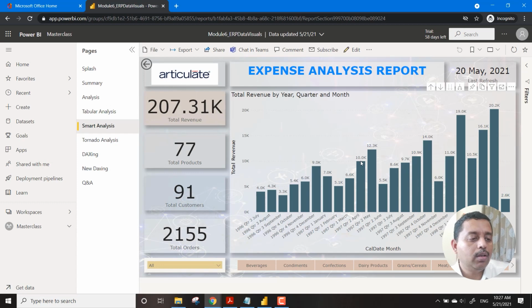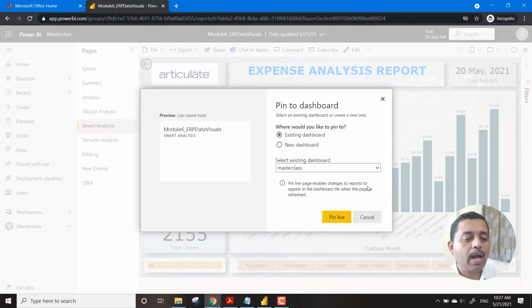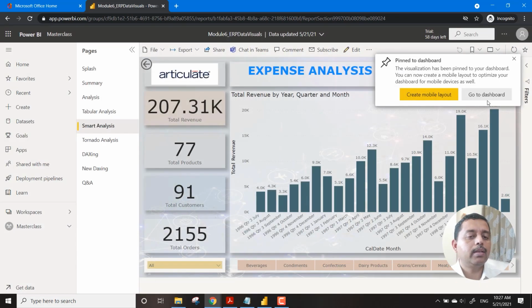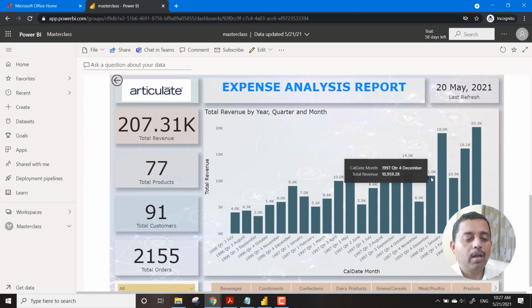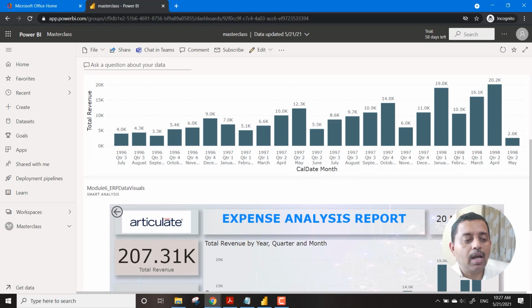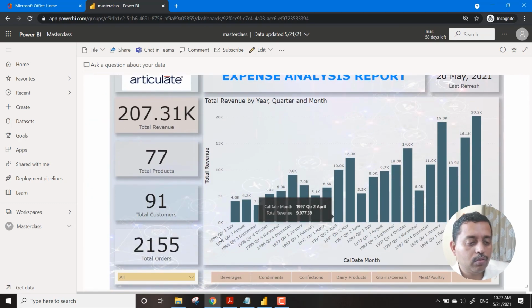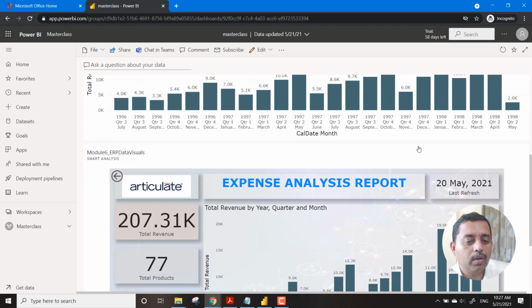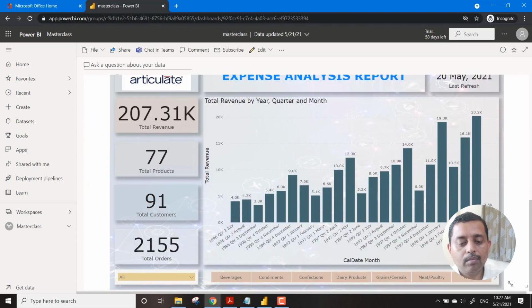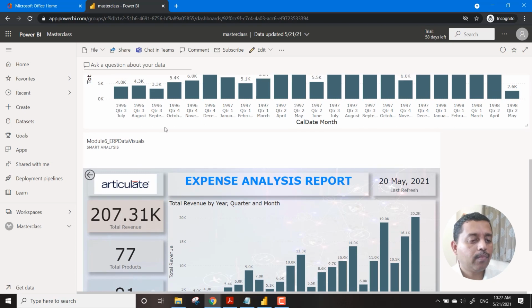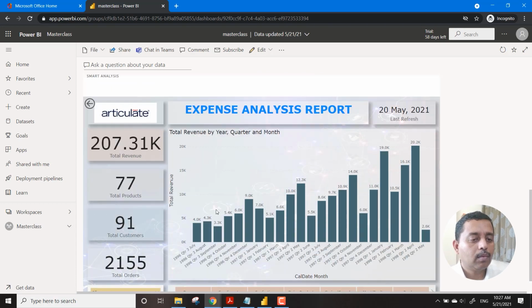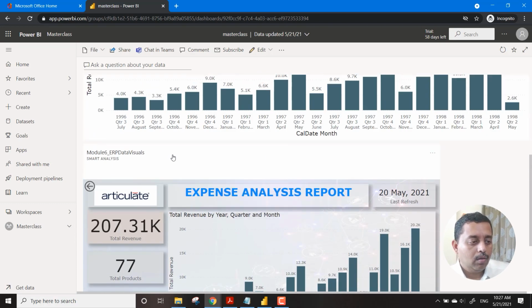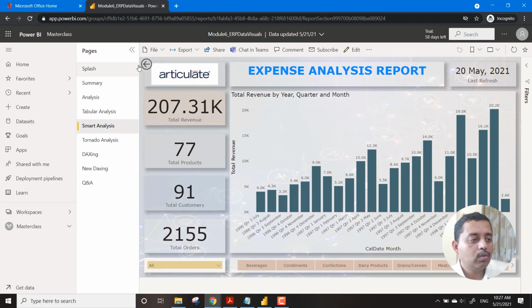We can put all these things live, go to the dashboard, and you will see that it is part of the dashboard. You can replace, change or modify. If some tiles are removed, those tiles will create a problem. What we can do is bring it back to the section over here, and it takes you back to that particular section.